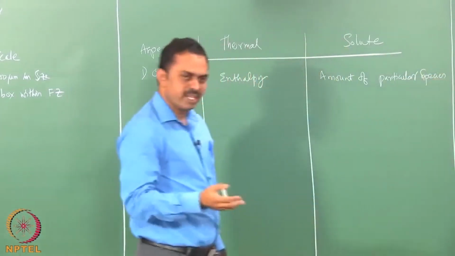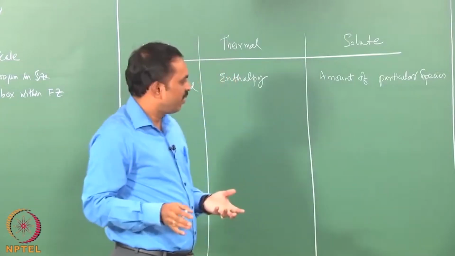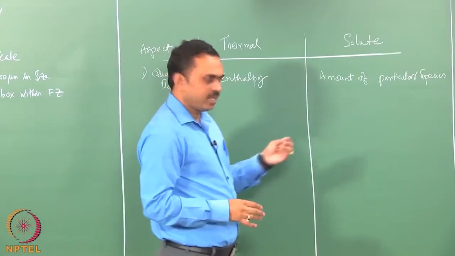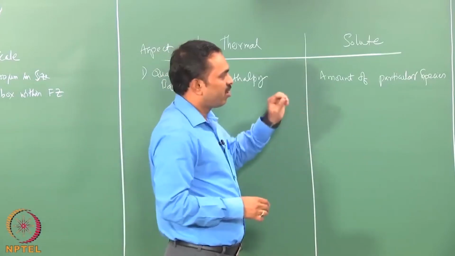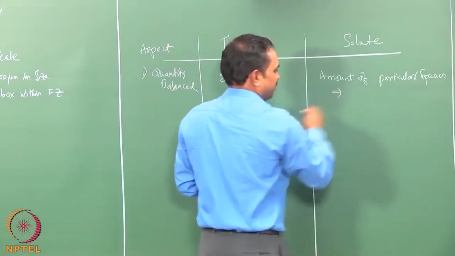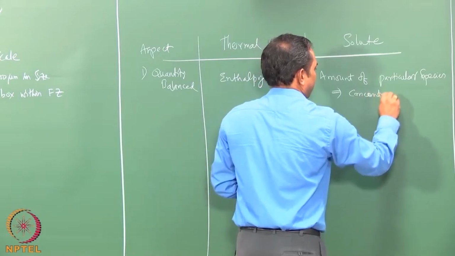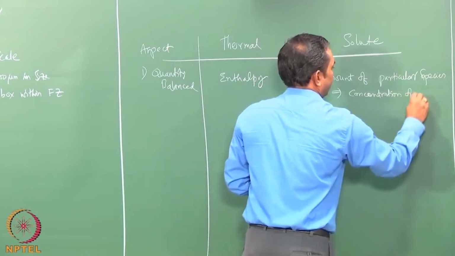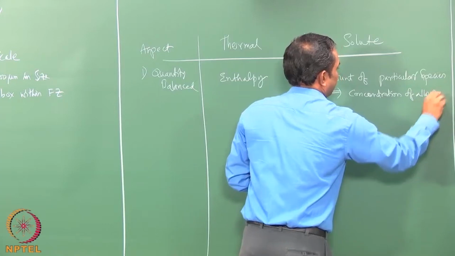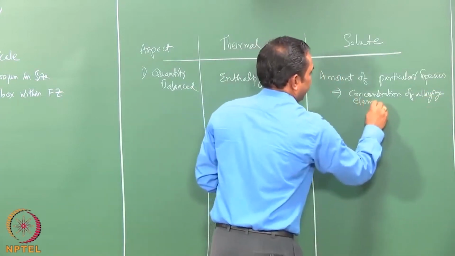By species, what we mean is basically one of the elements in the case of metallic alloys, and sometimes you may also take species to be ions or compounds, but in our case you would just think of this as concentration of alloying elements,